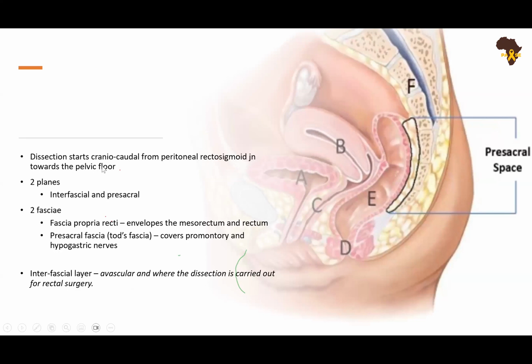Two planes of importance in dissecting are the interfascial and the presacral plane, and two fascia that are important for us because that's where we will dissect between these are the fascia propria recti that envelopes the mesorectum and rectum, and the presacral fascia, which is the Waldeyer's fascia that covers the promontory and hypogastric nerves and protects them as you dissect below or behind the rectum. So going in this interfascial layer is avascular, and this is where the dissection should be carried out for rectal